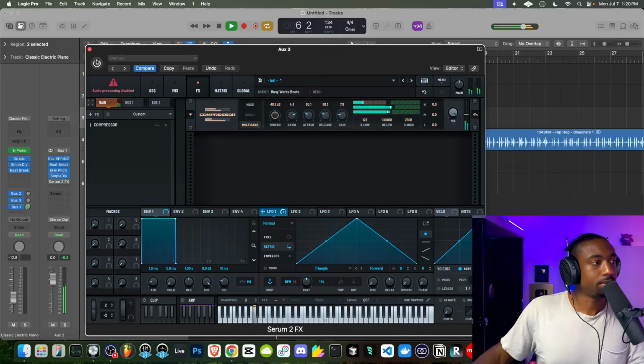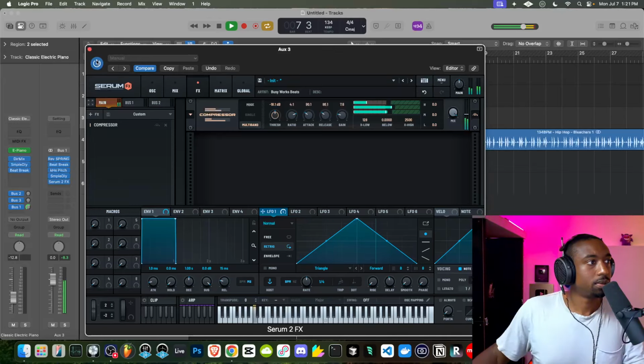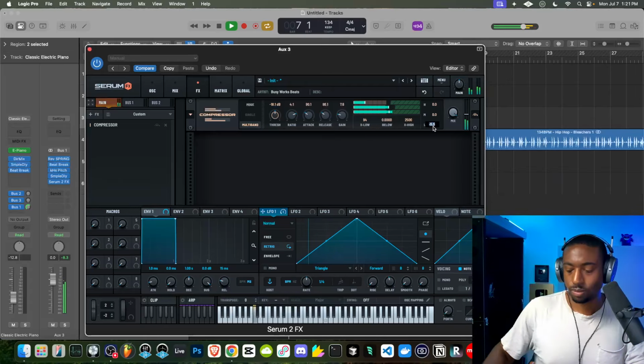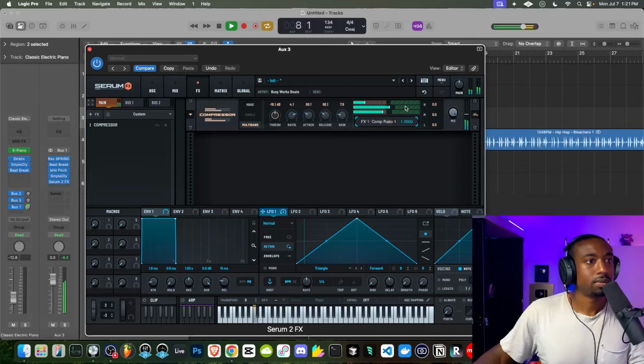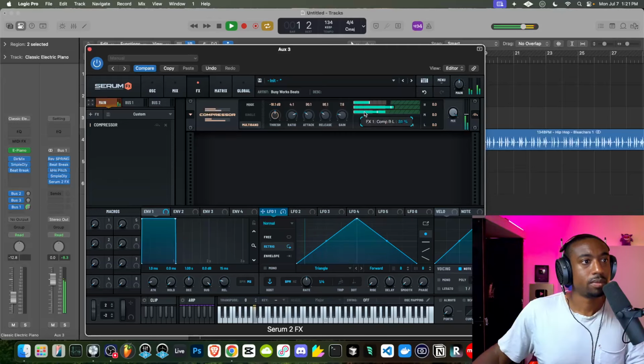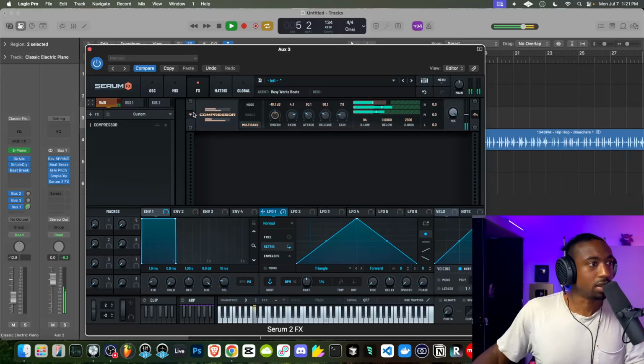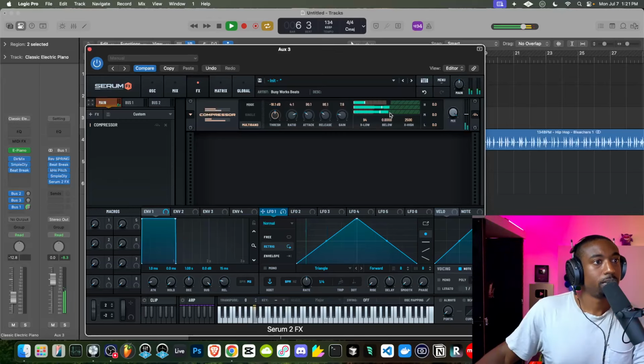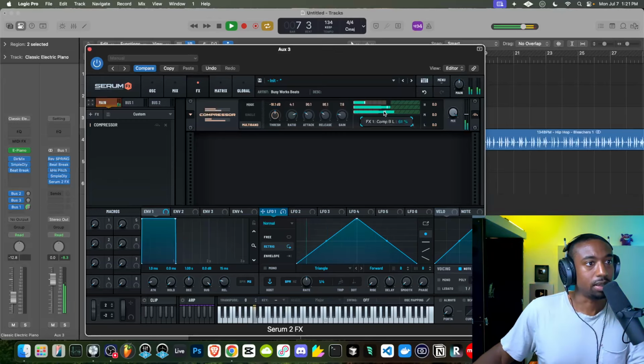So here's before. And then we can reshape some of the tones, like if the lows are too much. So there's a million things we could do. We're just shaping the tone here with the mids and lows.